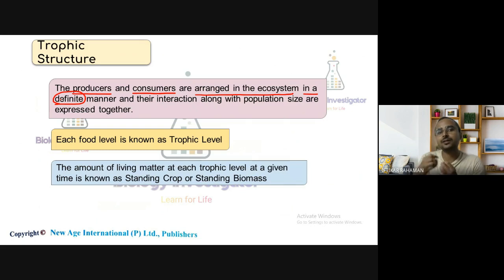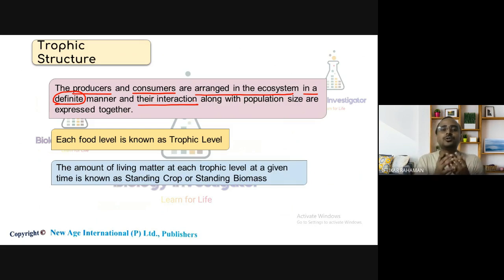It's not like producers and consumers can be present anywhere with no relation among them. This is not the thing. So there is a definite relationship. নিশ্চিত ভাবে একটা রিলেশনশিপ আছে। So they are present in a definite manner, and their interaction, তাদের ইন্টারাকশন মানে একে অন্যের সাথে ইন্টারাক্ট করছে, ইন্টারাকশনটা সেই পপুলেশনের মধ্যে, সেই এনভায়রনমেন্টের মধ্যে, সেই জায়গার মধ্যে, সেটা একসাথে হয়। প্রডিউসার এবং কনজিউমার, আমরা দেখবো প্রডিউসার এবং কনজিউমার একে অন্যকে ছাড়া বাঁচতে পারে না। দে ক্যান নট লিভ উইদাউট আদার।